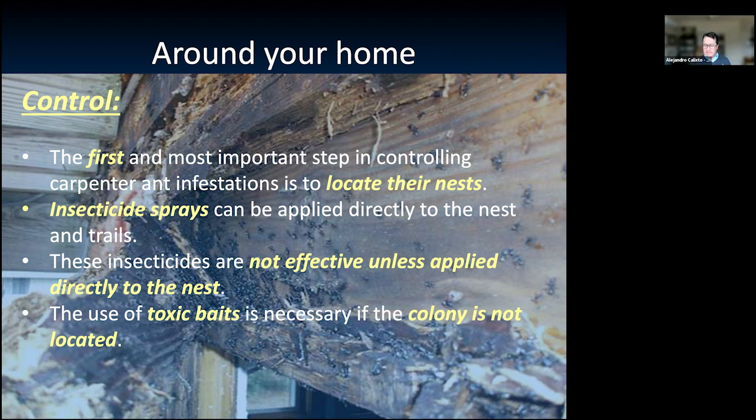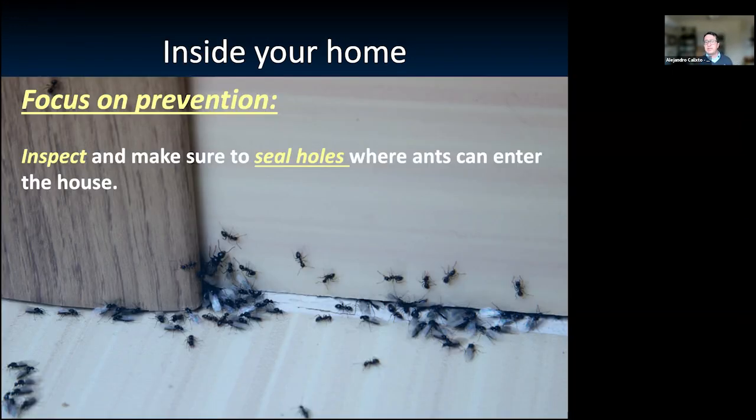If those contact insecticides are not effective when you apply them directly to the nest, or you cannot find the nest, the next step is using what is called a toxic bait. There are some baits they sell in stores, and they're relatively safe. Again, make sure you read the label. If you have pets, make sure you don't put the bait close to where they spend their time, and that they don't have access to those bait stations, because that's food. Bait stations are food. They have an attractant, and they have the active ingredient that is actually what kills the ant.